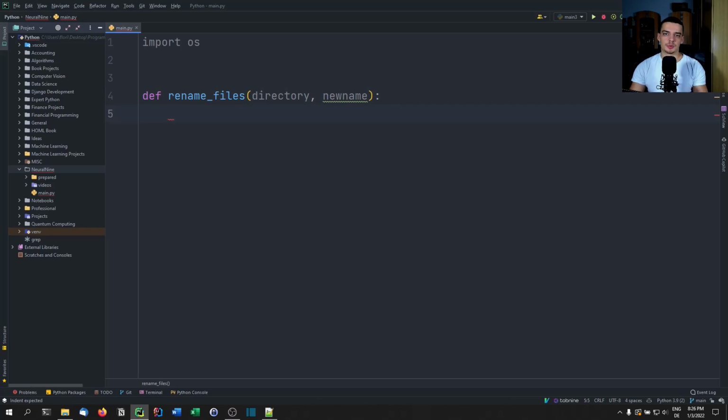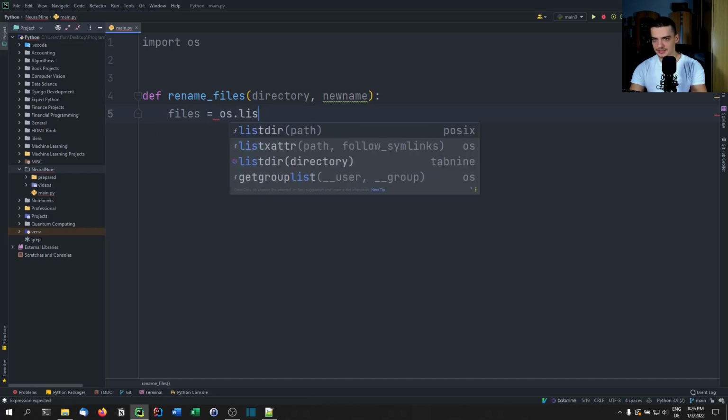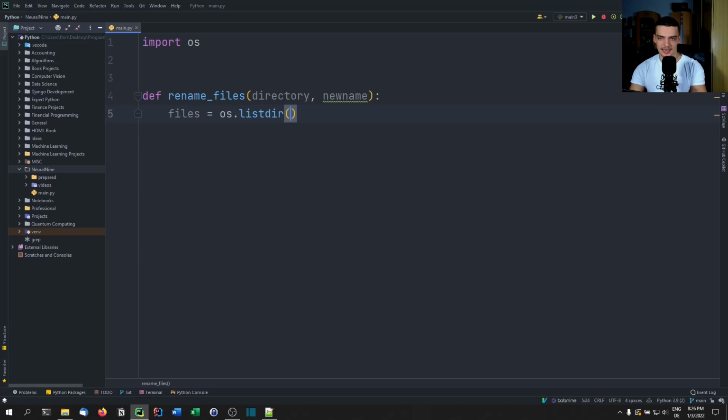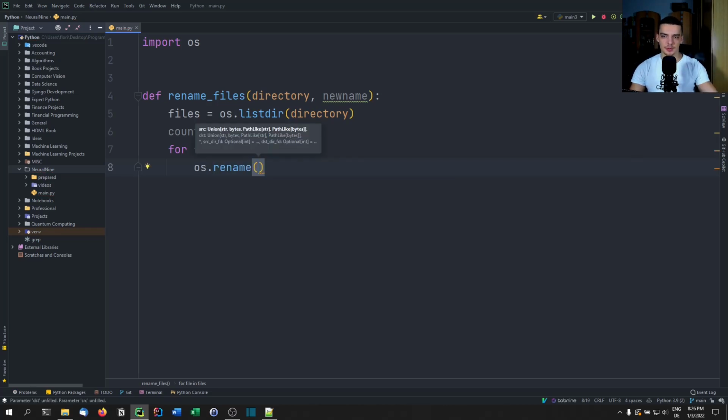And essentially what we want to do is we want to now get an iterator for all the files in the directory. How do we do that? We say files equals os.listdir, list directory, and we pass directory here as a path. And then essentially we create a counter initialized with 0, and then we can iterate over the files. So we can say for file in files, and all we want to do here now is we want to take one path and turn it into another path. So all we want to do here is we want to say os.rename,